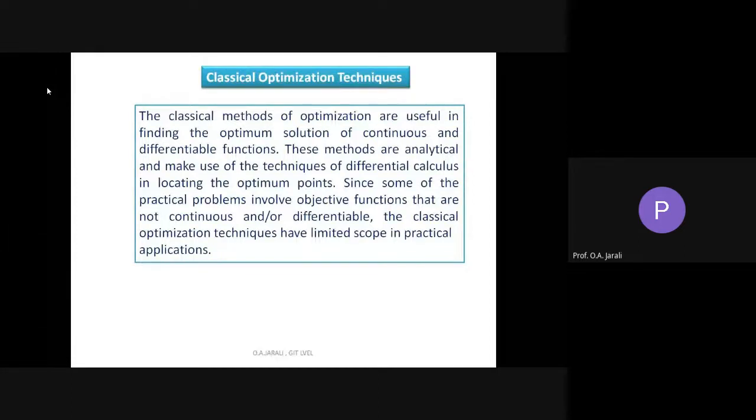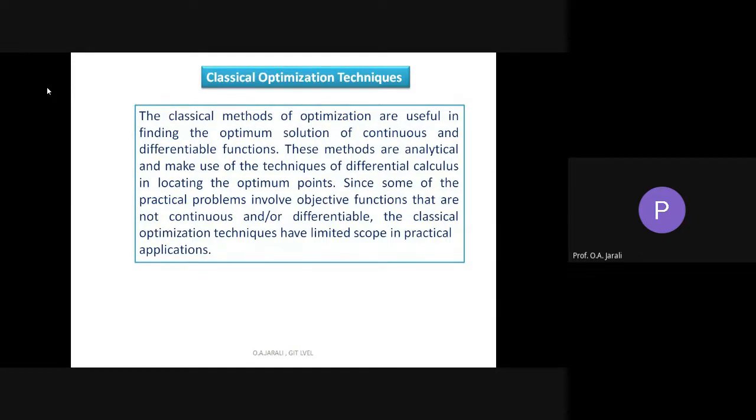So already we know what is optimization technique. Optimization technique comes under operation research. So here we are using some mathematical modeling and technique to minimize certain values or to maximize certain variables, certain values. For example, to minimize losses, to minimize the resource utilization, and to maximize profit or to maximize the production.